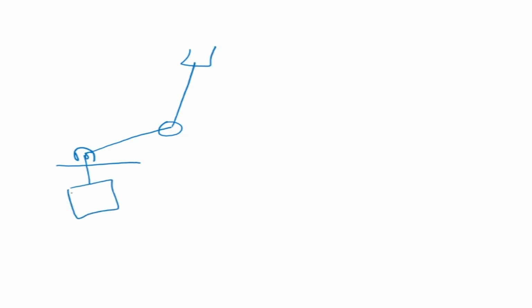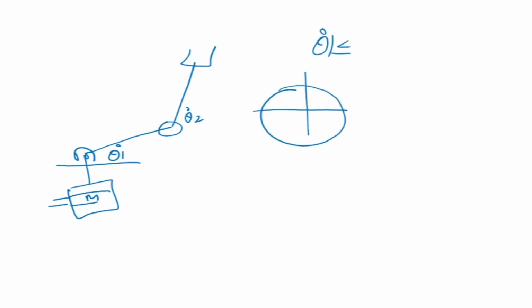Let us look at it in terms of robotics. It basically means that if this is my motor, I'm giving some voltage, some theta dot, theta 1 dot, theta 2 dot. So my input is theta dot, and that's my unit sphere. If I normalize it, then the magnitude can be less than or equal to 1, which is a sphere. This is my V1, V2, this is the axis. So my input velocities are contained within the unit sphere.